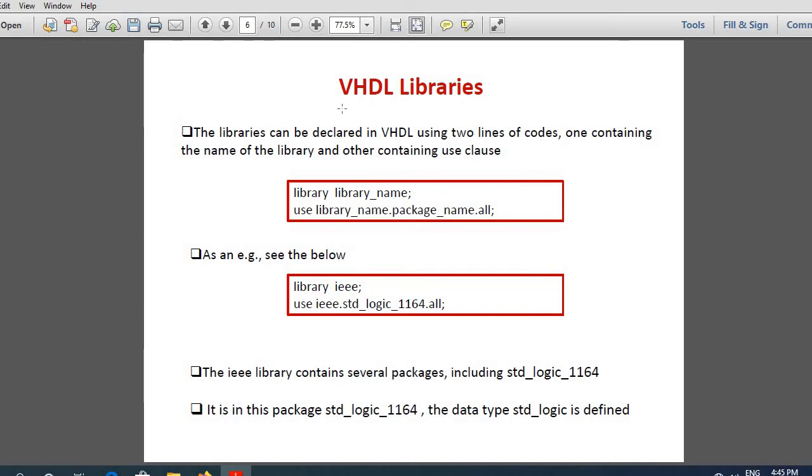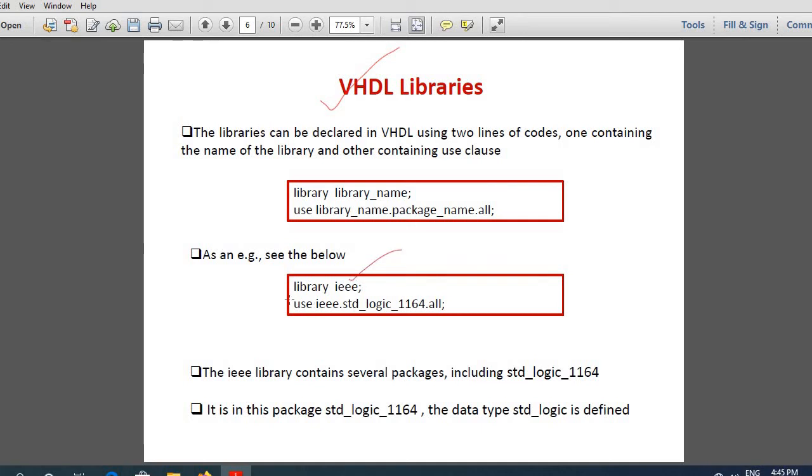Now, you need to know something about the VHDL libraries too. Like you have C programming libraries. How do you specify a library? Library name, semicolon. Use library name dot package dot all, semicolon. For example, IEEE is a famous library which is used in VHDL.